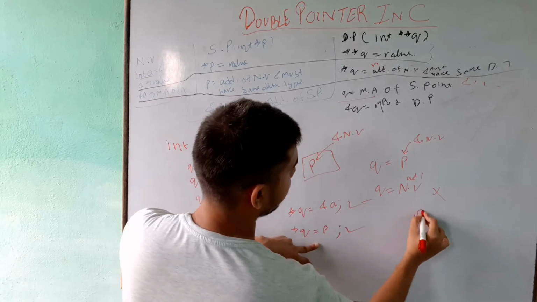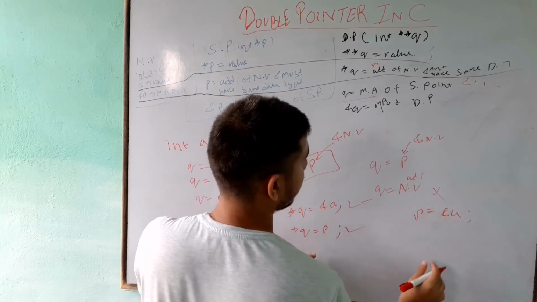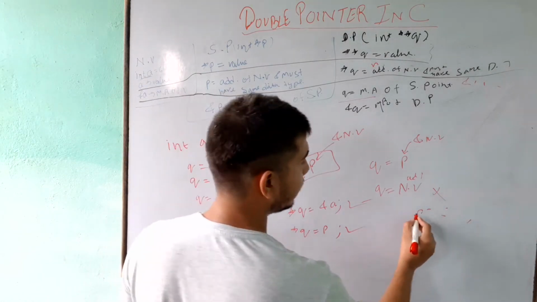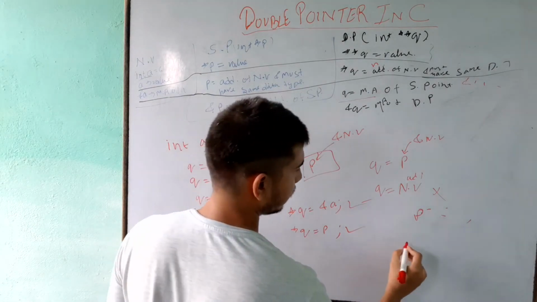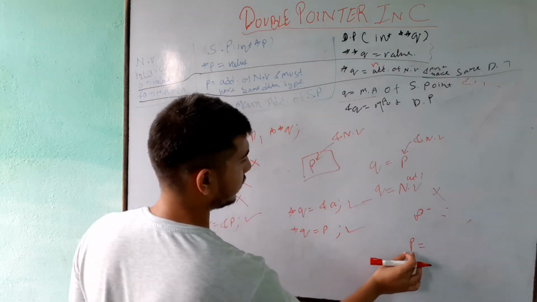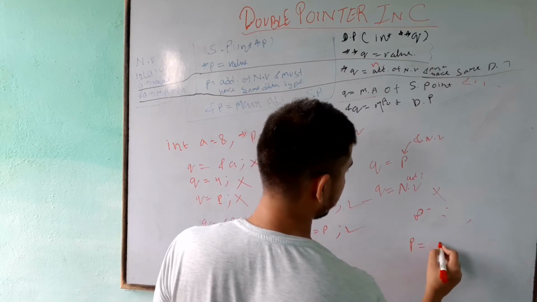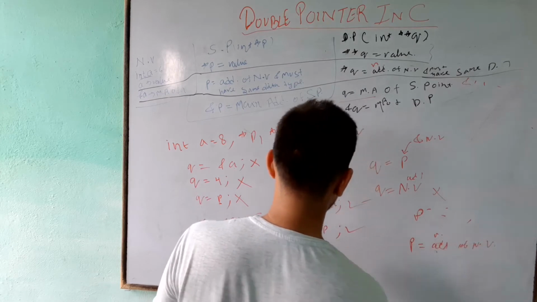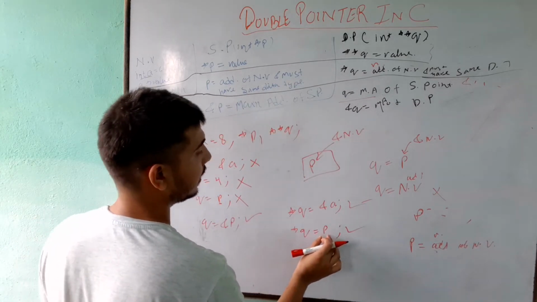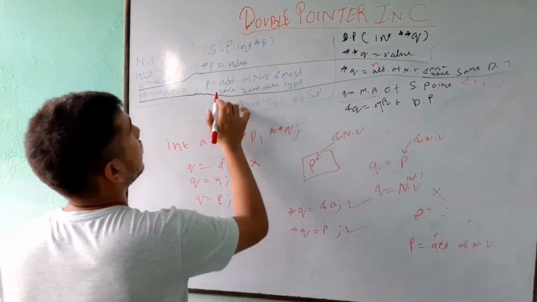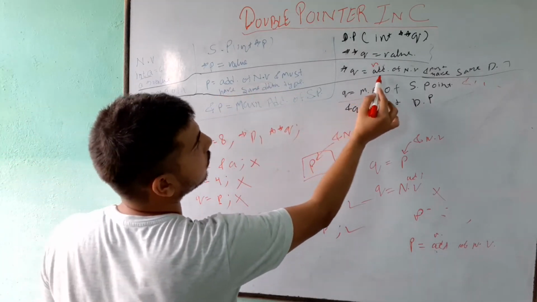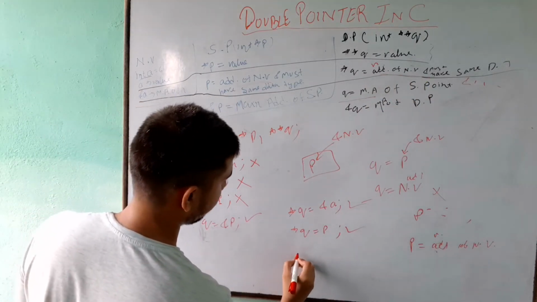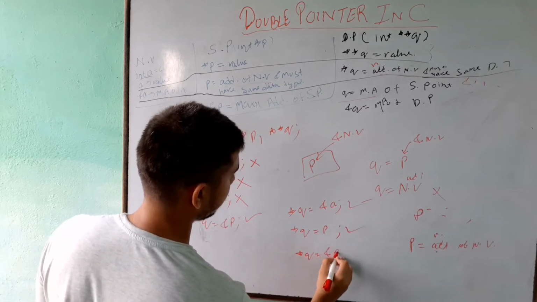What is P holding? P will be holding the address of a normal variable. Even if nothing is assigned to it, there will be some sort of garbage, but that garbage will be treated as the address of a normal variable. So P will be like the main address of a normal variable. So can *Q hold P? Yes. Why? Because P is holding the address of a normal variable and *Q can hold the address of a normal variable, right? Right.